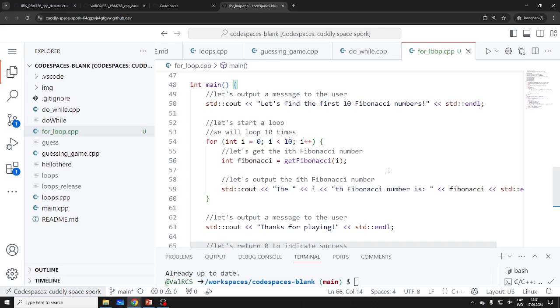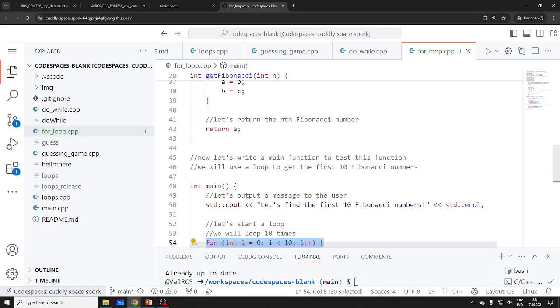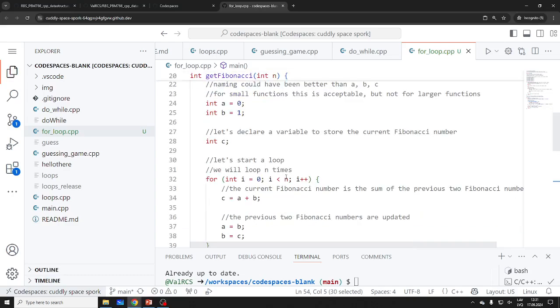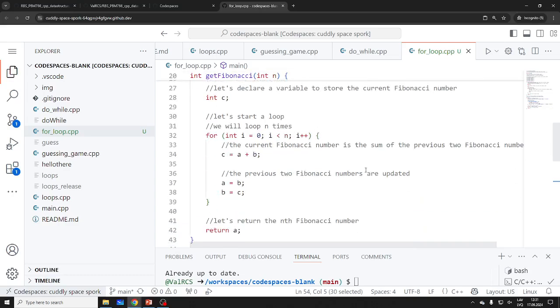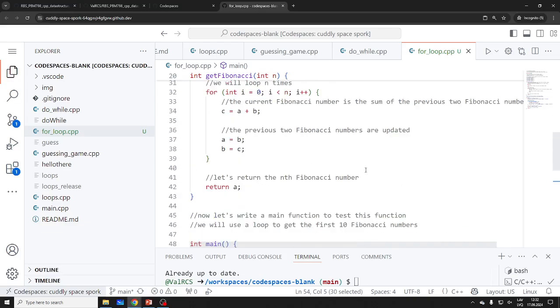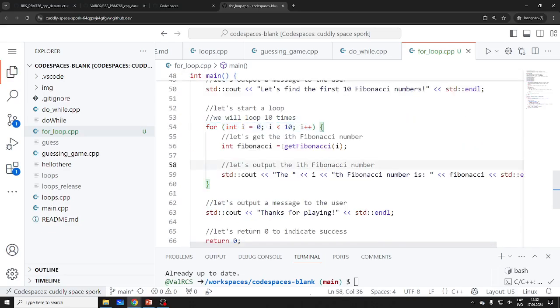So what's the complexity of this type of code? Again, algorithms. This main, what do you think? This is n, right? Can you show the getFibonacci? No, yeah, let's see getFibonacci. N squared, of course, because the loop is hidden inside the function. If you don't know what this does, it depends. If this was n cubed, then the complexity would be n to the fourth, and so on. If this was n log n for some reason, of course, there are tricks to get Fibonacci numbers, so it will also be okay.